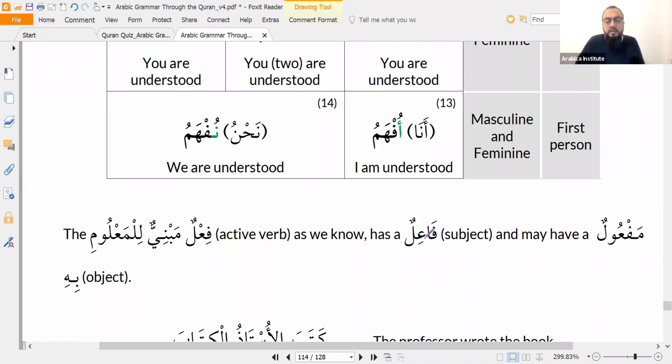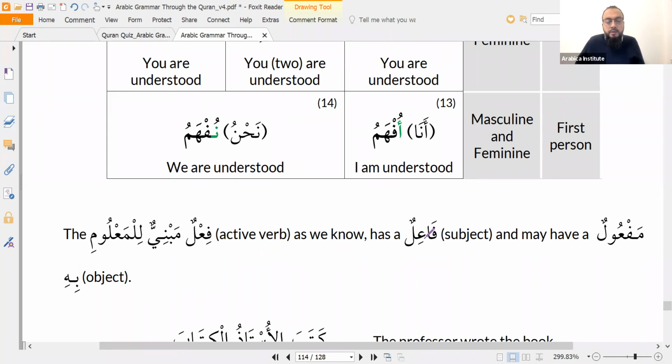That's the passive yujlasu, and you could use the passive participle. What's the passive participle? Majlusun. Yes, you say al-kursiyu majlusun alayhi. I've never heard anybody ever say majlusun alayhi. Not used, but it's technically possible. Yeah, you'd say yujlasu alayhi.